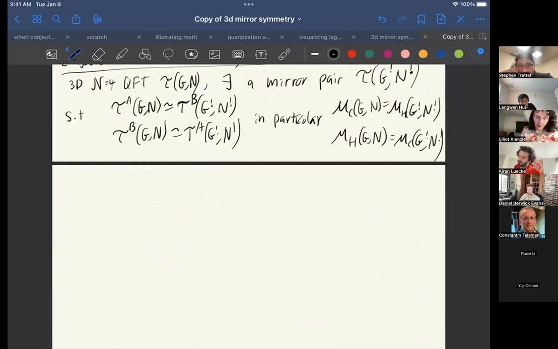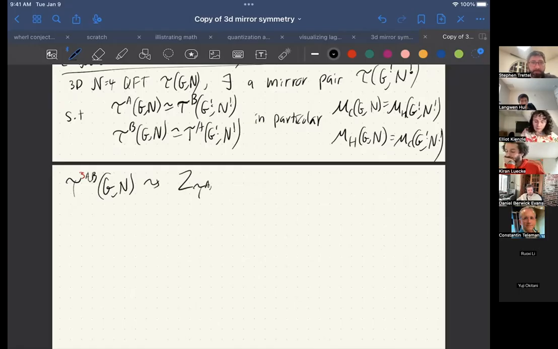So, like I said, we expect that we can identify these A and B twisted. From now on, I'm going to drop the shriek, but just know that there's going to be an invisible shriek every time I say it from now on. Okay. So the A and B twists are sort of defined by whatever they assign to a point,